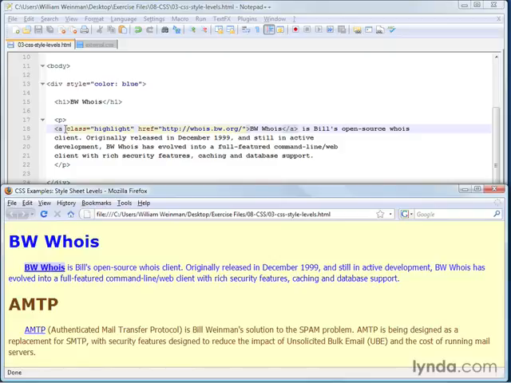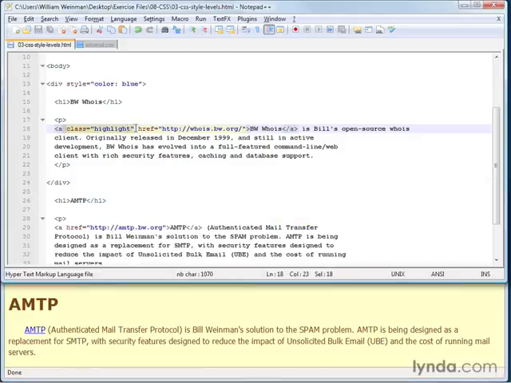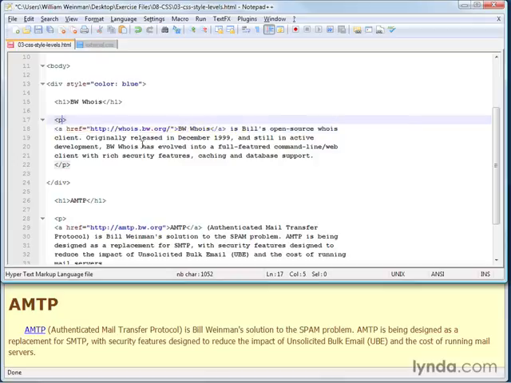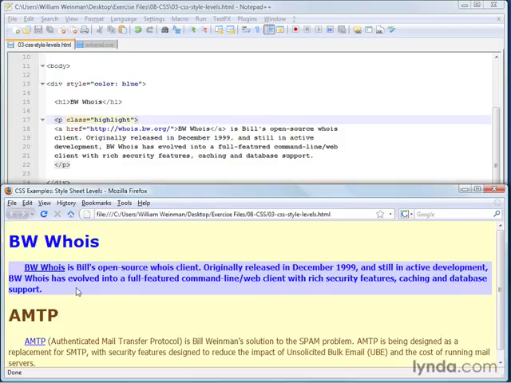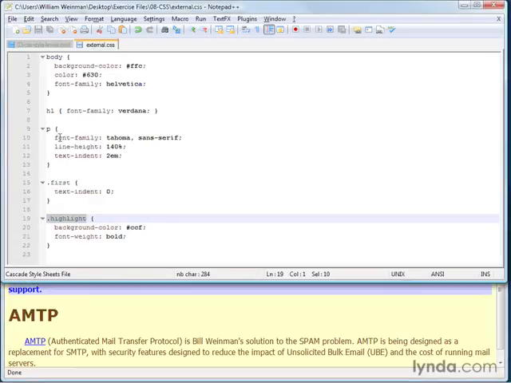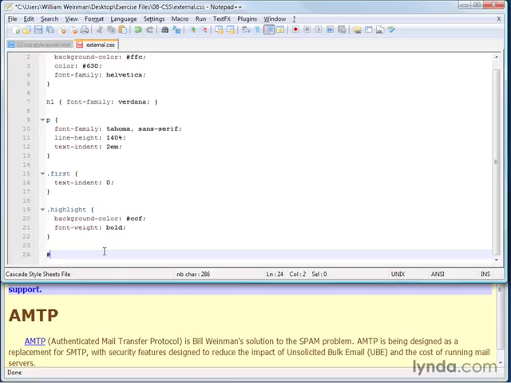Or we could apply it even to the entire paragraph if we wanted to. And then the entire paragraph would be highlighted like that. And that's at a block level, so it highlights all the way from margin to margin, which is how block levels work. So that's the class selector. Like I said, there's 3 different types of selectors. So we've seen 2 of them. We've seen the tag selector and we've seen the class selector. Let's take a look at the 3rd type, which is called the ID selector.